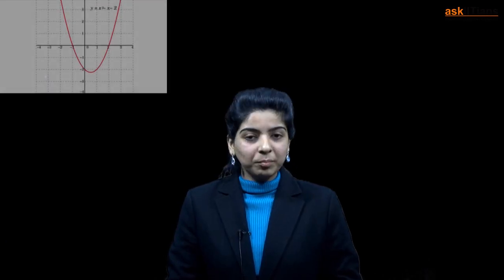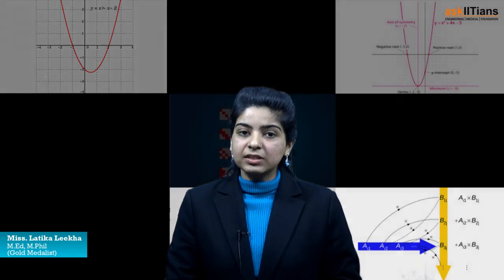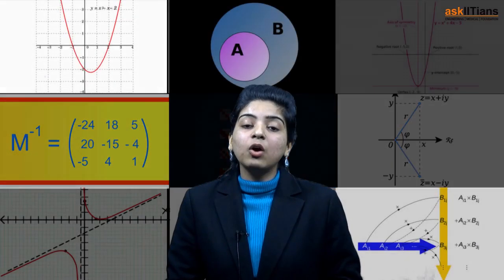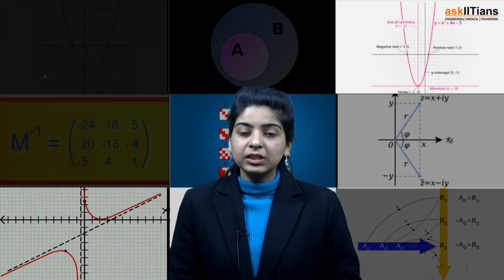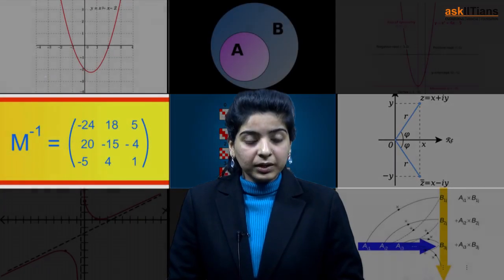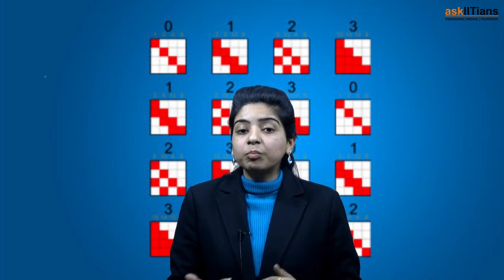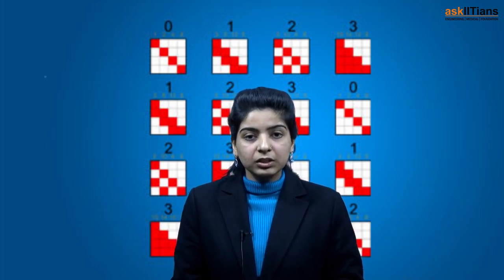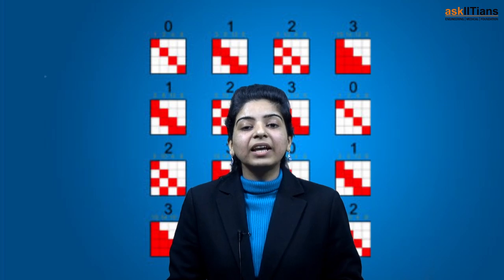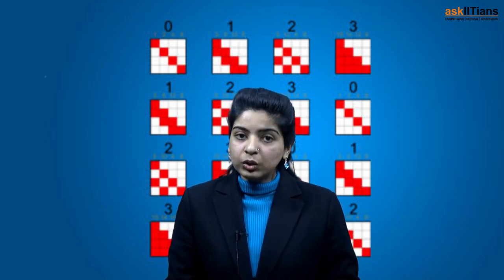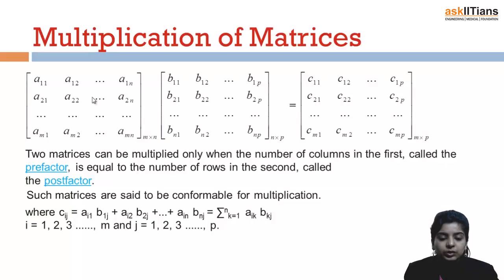Hello students, welcome back. So in this session we will be discussing the multiplication of two matrices. First of all, we will see how we exactly multiply two matrices. Then we will be switching to scalar multiplication, and once we are done with that, we will be discussing the various properties of matrix multiplication. We will see whether properties like associativity, commutativity and cancellation laws hold good in case of matrix multiplication or not. So let's begin.